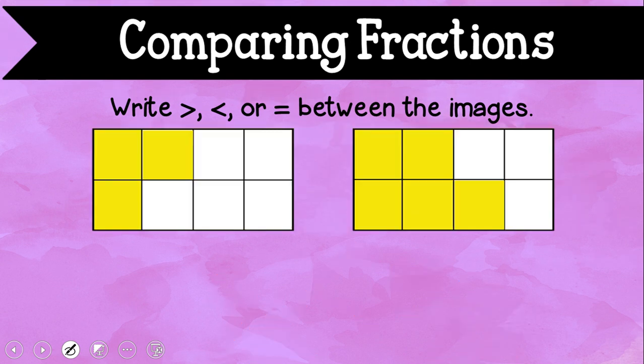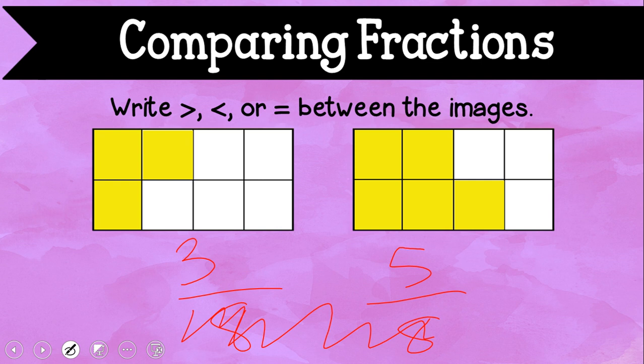Okay, let's do one last one. So here I have 3 that are colored, 4, 5, 6, 7 over 8, and 1, 2, 3, 4, 5 that are colored over 8. So I don't even have to look at the 8. It doesn't matter because I can look at my picture, which I can draw if I don't have a picture already. If I just have numbers, I can draw a picture, and I can see that 5 is bigger than